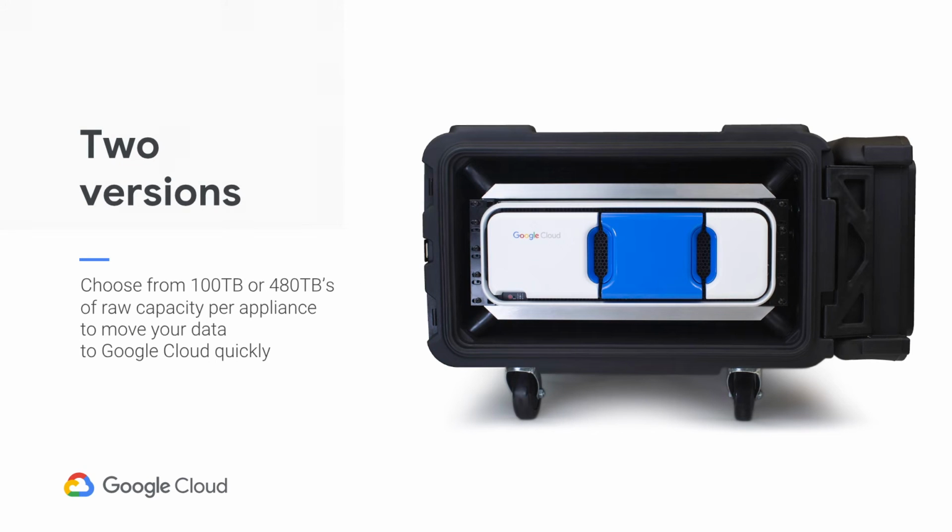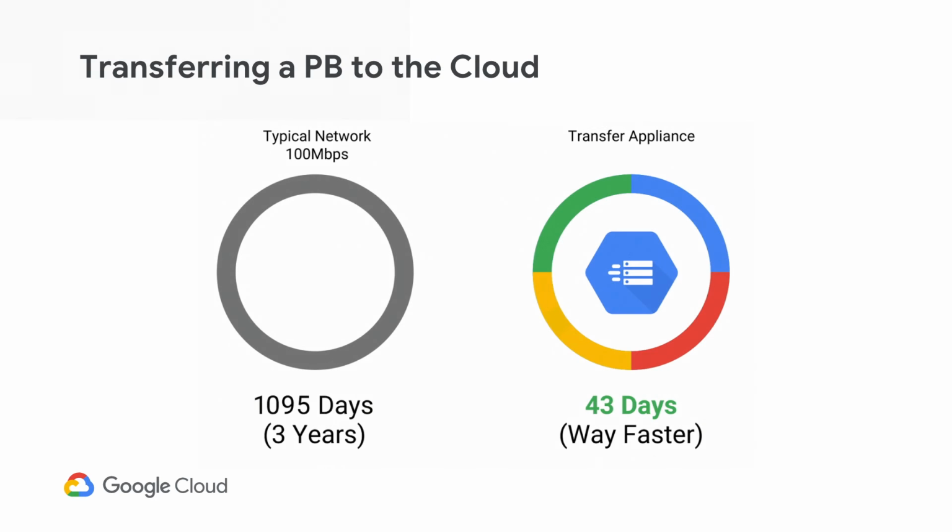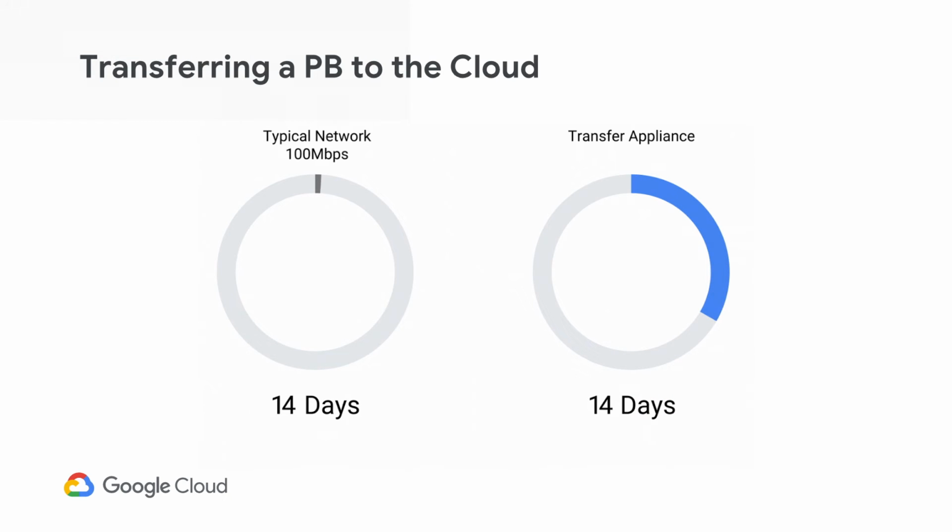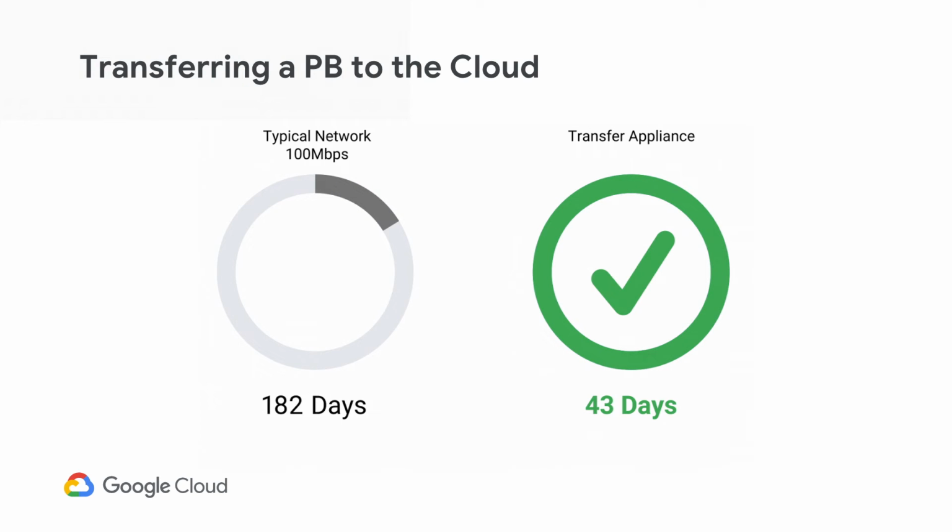We also have a 4U version, 480 terabytes of raw capacity, and this device could move up to a petabyte of data to the cloud. And what's amazing is it does it much faster than a typical network would do it. So as we watch this screen build out, we can see Transfer Appliance could move a petabyte of data potentially,